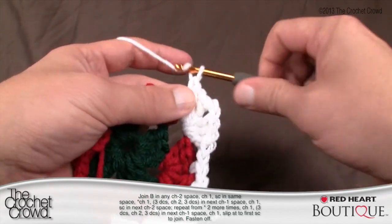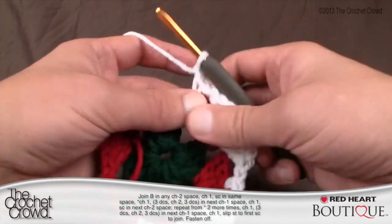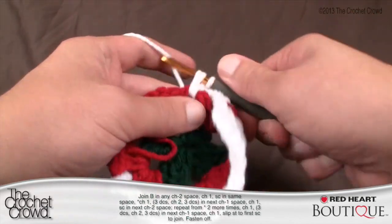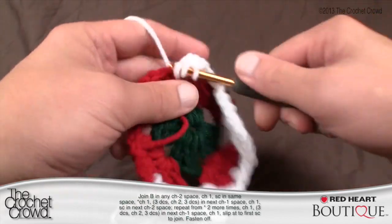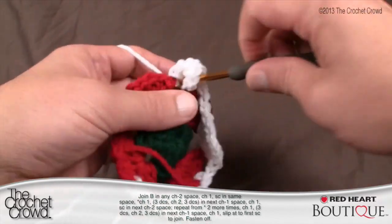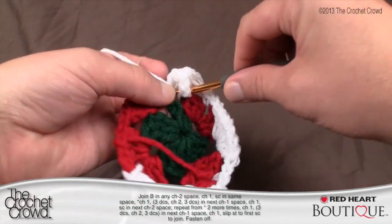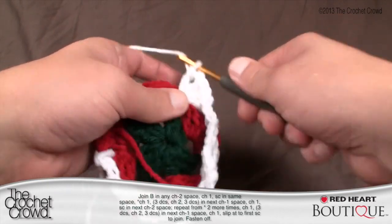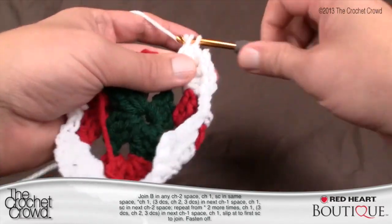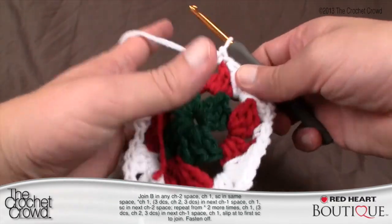And then chain 1, single crochet into the old corner, chain 1, 3, 2, 3 into the next, and then chain 2. So 3, 2, 3 into that space. Okay, chain 1, single crochet into that old corner, just like you see, and then chain 1,